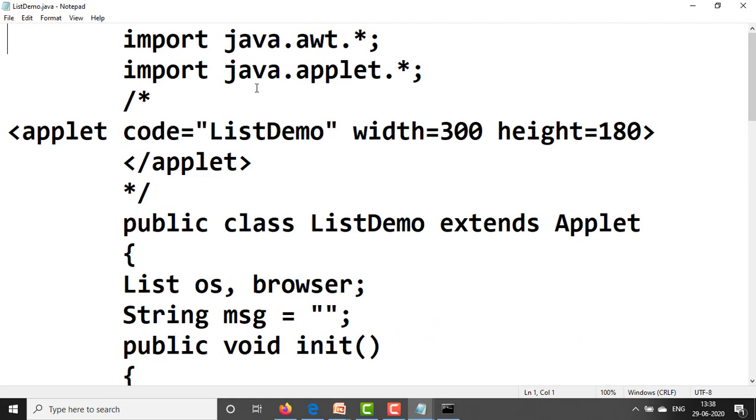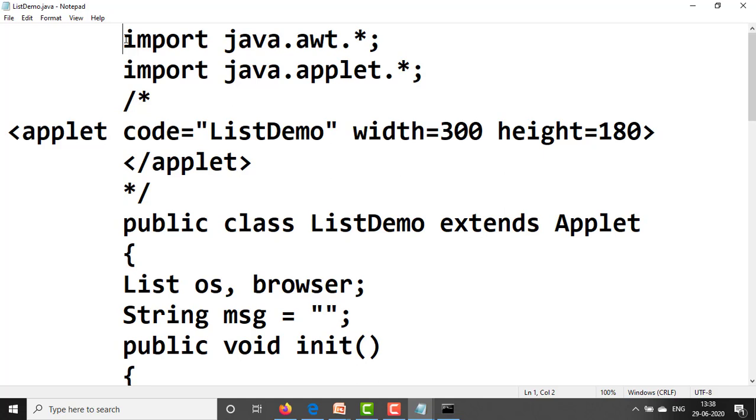We have written one program for the list demo. Here first thing we have imported: import java.awt.*; and import java.applet.*; these two packages.